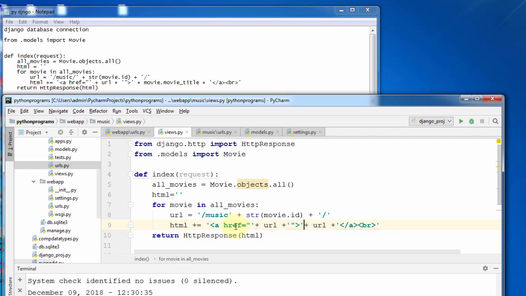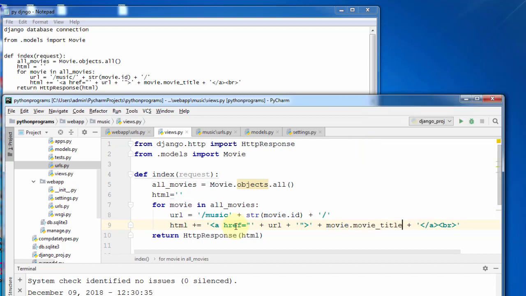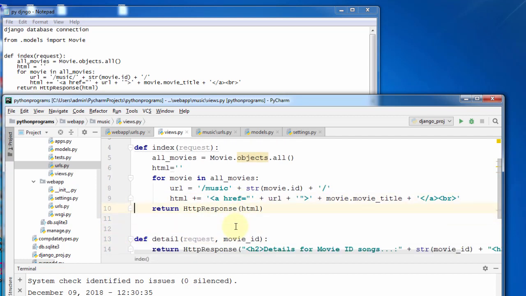Now let's see, a space is required here. Again here a space is required, and here a space is required. You have to prepare a clean design, and here I'll give the URL for the link, and here I'll give the title. We will print the movie.movie_title I'm taking, and break for the next line. In the response I will print that HTML link over here. Alright,